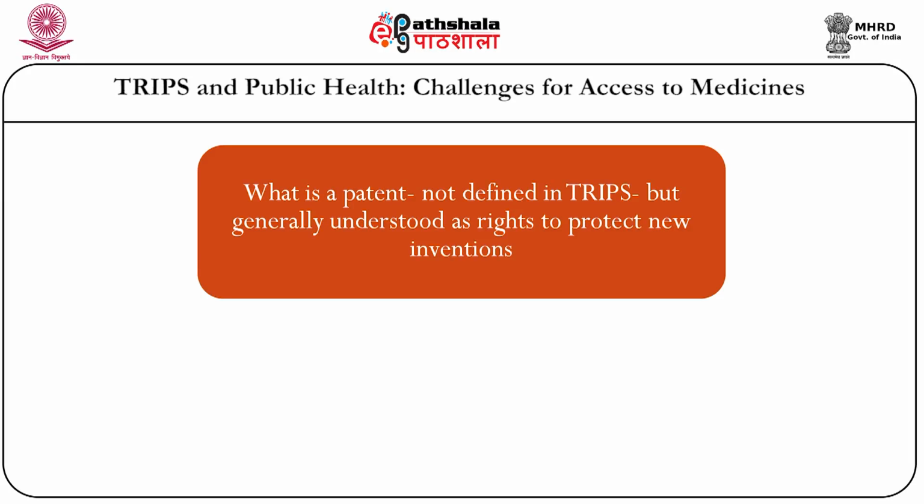One of the first requirements under the TRIPS agreement, in Article 27.1, which deals with subject matter, is that a patent shall be granted on any invention. What it means to be an invention is not defined under the TRIPS agreement, but it is generally understood as a new solution to a technical problem. So members may generally exclude inventions based on abstractness, or if the invention relates to a scientific theory or products of nature, etc., or pure mental steps. These may be excluded, but there is ample controversy as to how invention is perceived and understood by different WTO